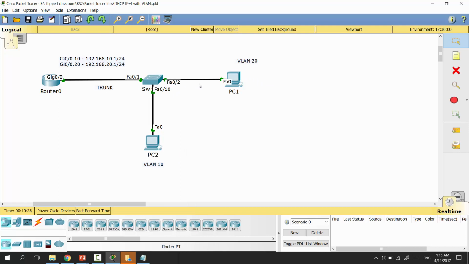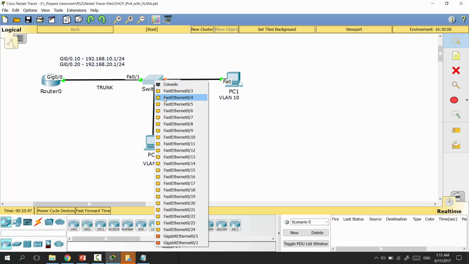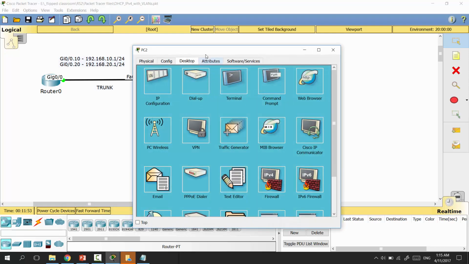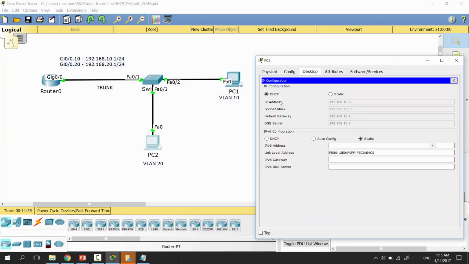And now my computer 1 will be part of VLAN 10, okay? And I can now connect computer 2 to port FA03, so that when my computer 2 now will try to make, so as you see it is still IP address of 10, but when I'll try to make